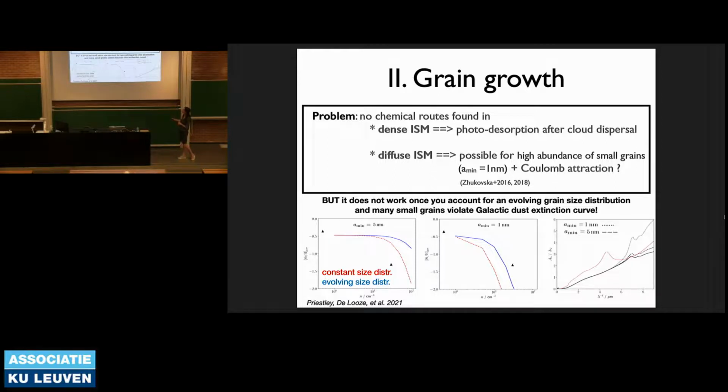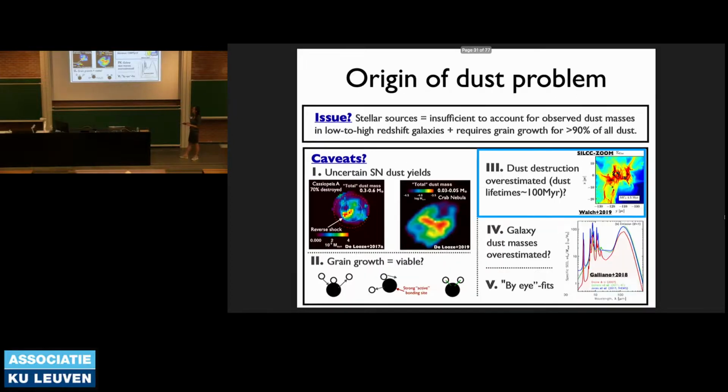So with the regular size distribution and the evolving size distribution, you can see we can simply not explain those 2 data points. When you go to very small grains, you can explain it, but then here we look at a galactic dust extinction curve, and you can see here the typical shape in red also that it takes. But then if you go to very small grains, you can see that you get too much dust extinction here at a shorter wavelength, so it's completely inconsistent with what we observe. So the assumptions that they made won't work in the diffuse ISM. So again, we're back to where we were before. We don't have any way of growing grains yet in the interstellar medium.